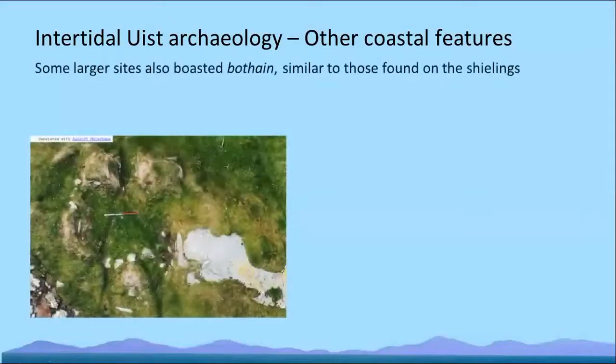So on larger sites or sites which were away from townships, you'd often have bothies, very similar to those that you would find on the Sheelings, similar size and similar building construction methods. This one is on Lingay,